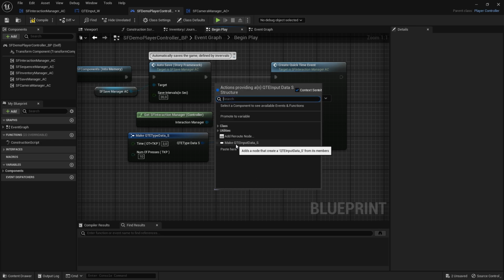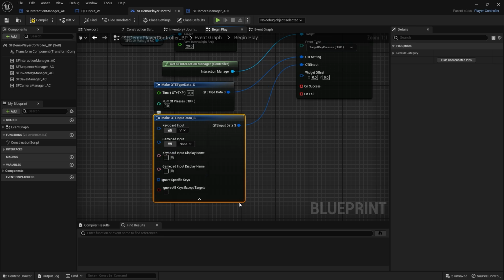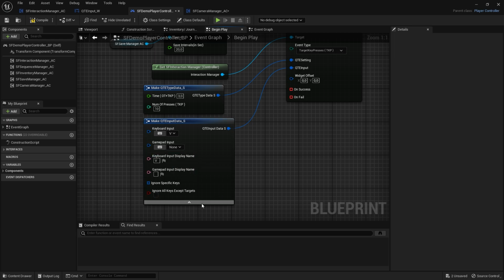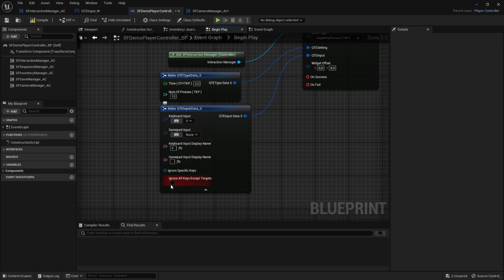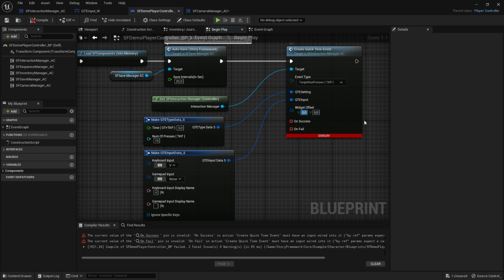Off of the QTE inputs, again, you can click make. We'll set the keyboard key to, let's make it V. And we can leave the gamepad as empty at the moment because we're not setting that up. And then in our keyboard input display name, we would have that set to V as well. Let's also tick ignore all keys. Make sure that's all working correctly. Let's give the widget offsets